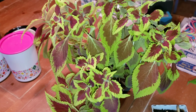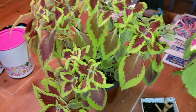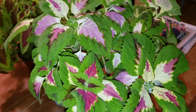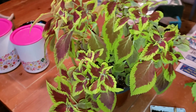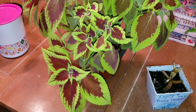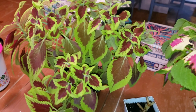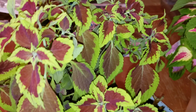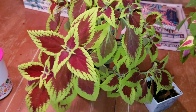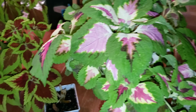You want to mimic the conditions of a greenhouse as much as you can, so you want to use the brightest window that gets the most sunlight. And you can see they're starting to really react, starting to really come back in. So before we know it, March will be here, right around the corner, and then April. So let's go over now to our